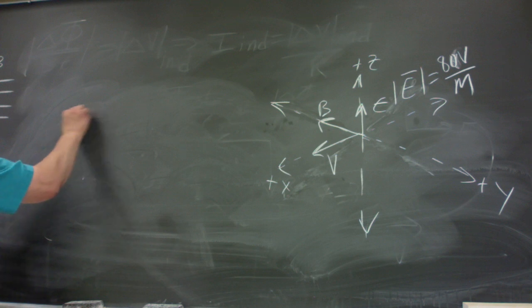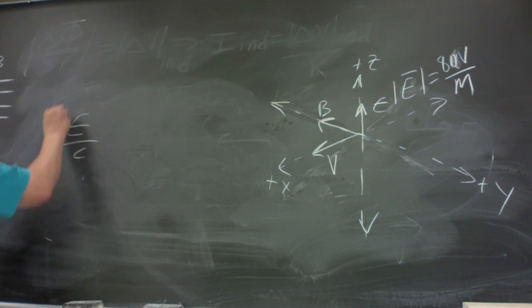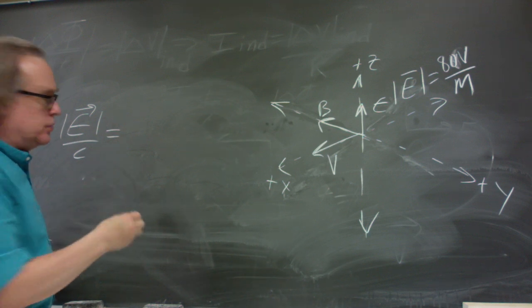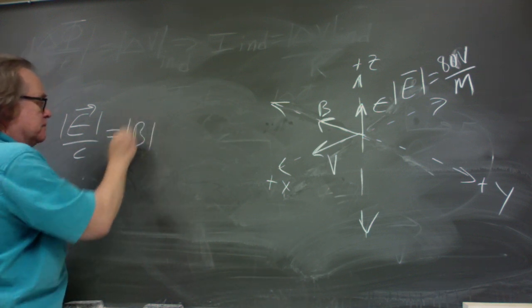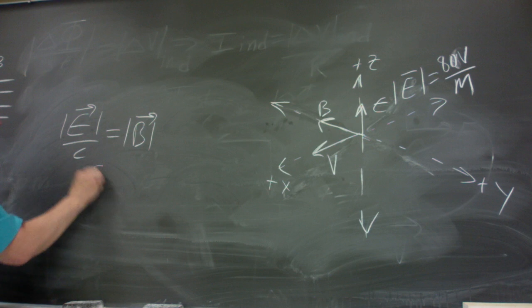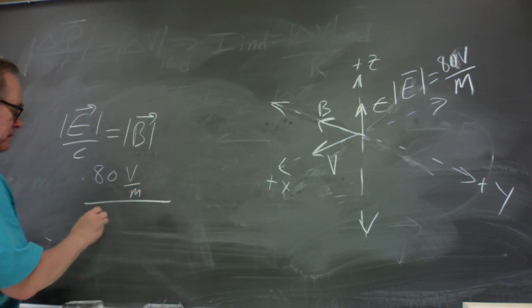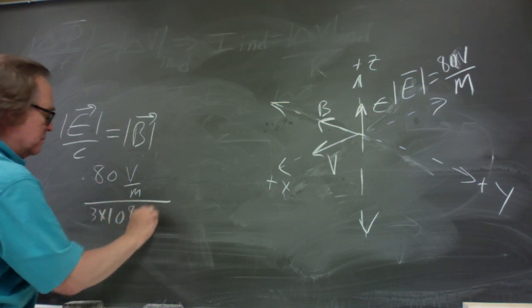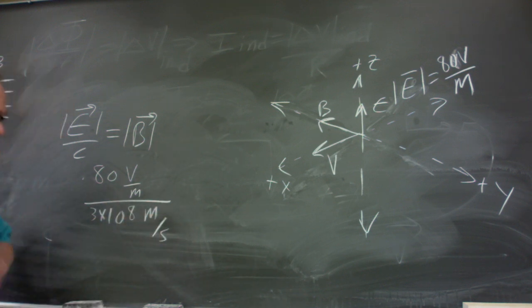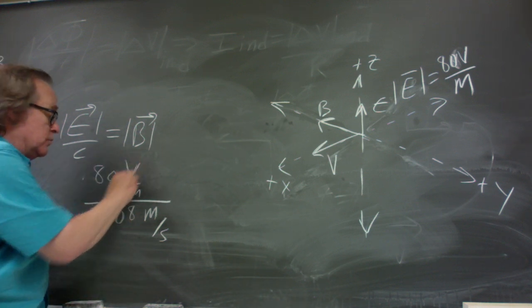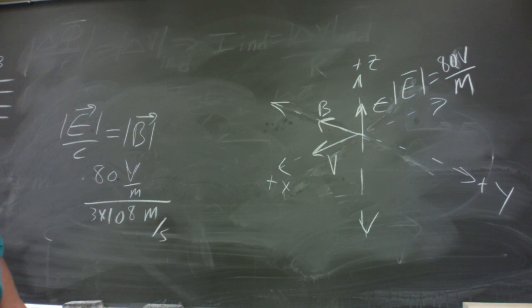So electric field over speed of light, magnitude of electric field over speed of light is the magnitude of the magnetic field, which is 80 volts per meter divided by 3 times 10 to the 8th meters per second. It may look like a strange combination of units, but if you use all the standard units, no centimeters, no milliseconds,